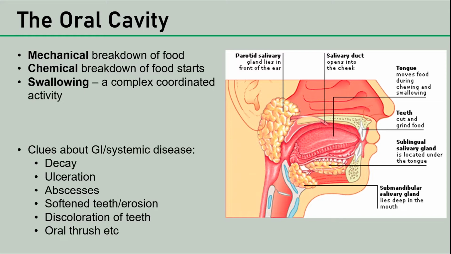But we can have clues about our GI tract or from systemic disease when we look inside our oral cavity. So we can see decay, we can see ulceration of the mouth, abscesses, softened teeth, erosion, discoloration of teeth or oral thrush. All of these may be indicative of GI tract issues or systemic disease. So things like oral thrush can be an indicator of